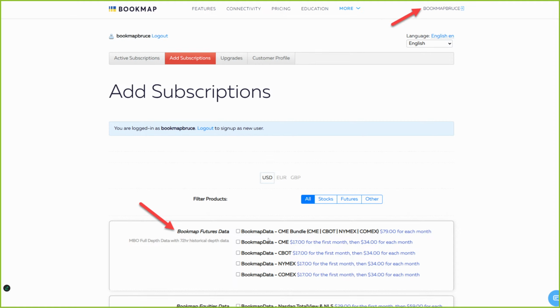Bookmap futures data. First one is going to be the CME bundle, which is going to give you CME, CBOE, NYMEX, as well as COMEX for $79 each month. Now, it also depends on what instruments you trade. If you only trade the Russell, the S&P, and NASDAQ, then you can just go with the CME data, which is going to be, or Bookmap CME, which is going to be $17 for the first month and then $34